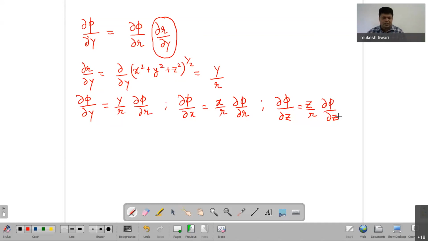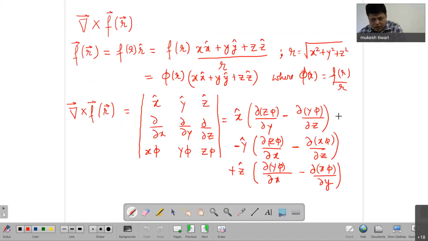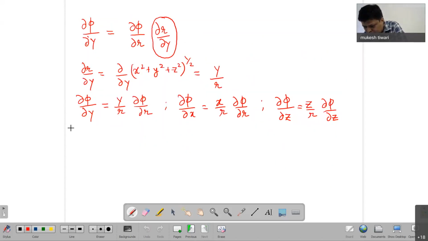So now we have everything that we needed. We have all these things. All that we are supposed to do is go back, plug it in the right places, and see what comes out. If you look at the first term, that is in the x direction, the very first derivative, z comes out, and you have the derivative of phi with respect to y, and we already know what that is going to be. So the curl